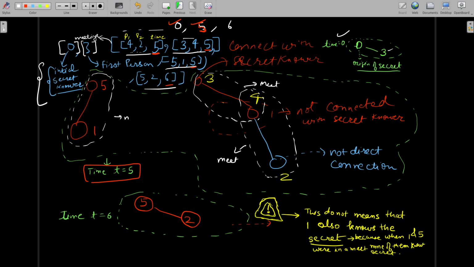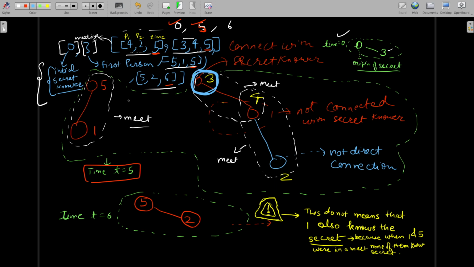Okay, this is also a meeting. So this is the scenario at t is equal to 5. So in this particular scenario, who is the secret knower as of now? Right now you will see that 3 is knowing the secret only. No one else is knowing the secret as of now. So what will happen? That 5 and 1, since in this particular meeting nobody knows the secret,